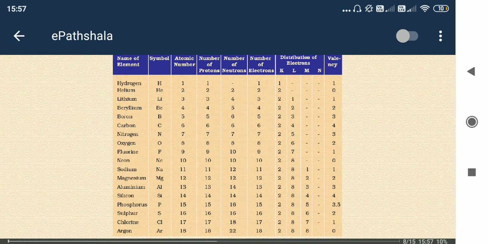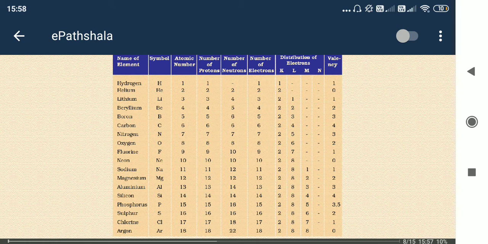In this case the atomic number is the number of protons, and the proton number is the same as the electron number. Means if the atomic number of an atom is 8, then 8 electrons will be there outside the nucleus, and neutrons may or may not be equal to protons. In most cases neutrons are also the same. Like for carbon the atomic number is 6, means 6 protons are there inside the nucleus, and 6 neutrons are also there inside the nucleus.